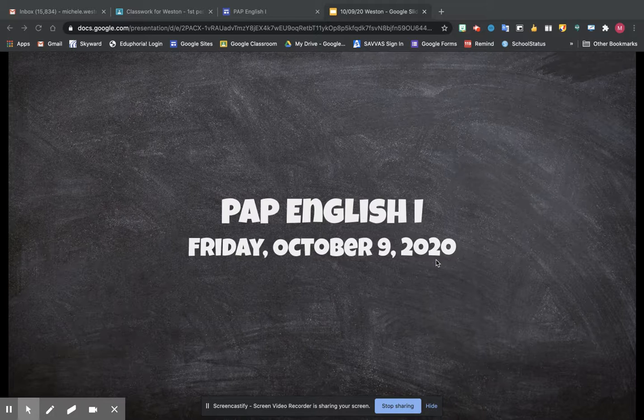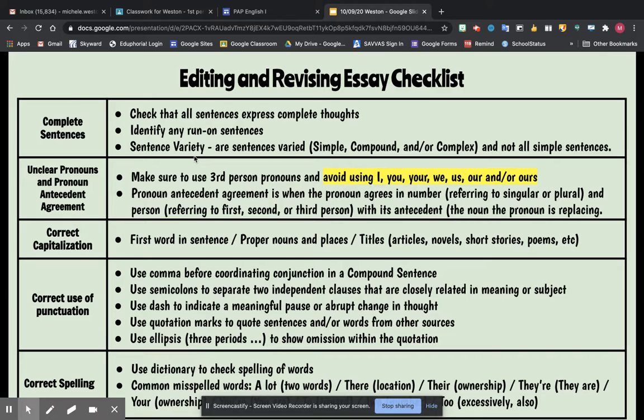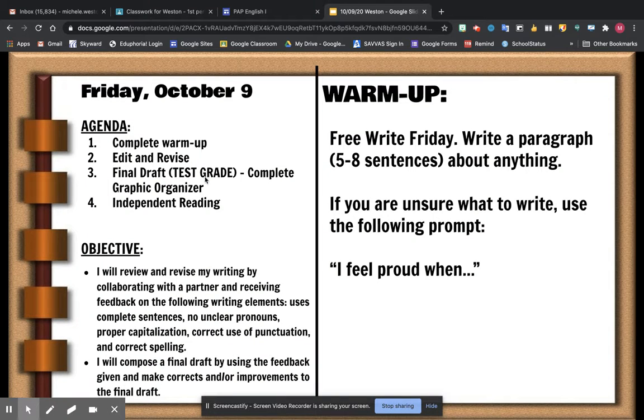This one will be a really quick video because you're just going over editing and revising your final draft, which is on your graphic organizer. Okay, so today we're going to complete our warm-up. We're going to do some editing and revising. Remember, this essay will be a test grade,